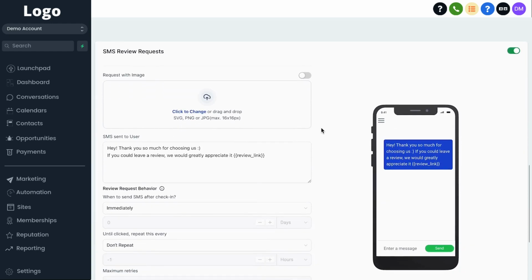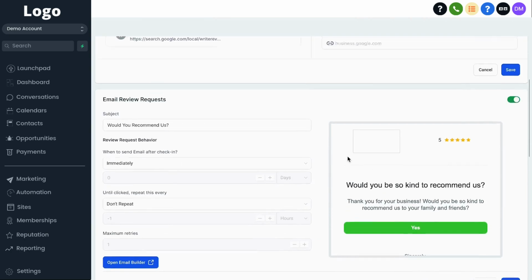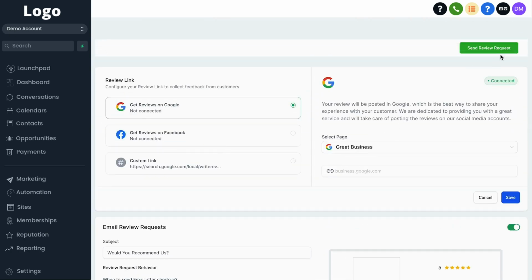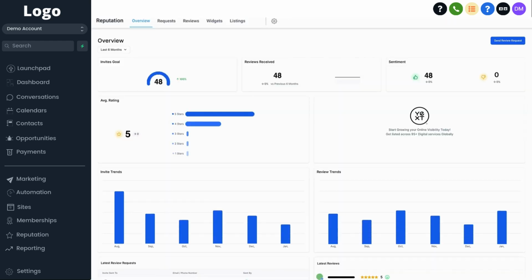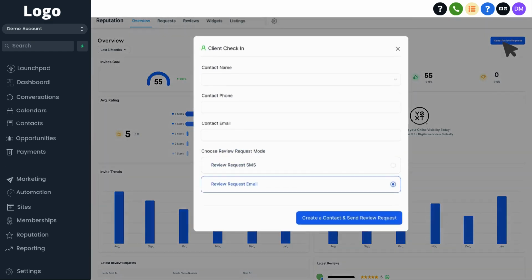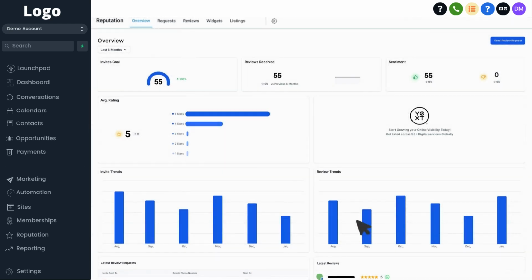You can include a link that opens a Google review pane so that clients can easily leave a review. All they have to do is give a star rating, write a quick review, and click enter. To send a review request, you just have to click the Send Review Request button and enter the client's information. Once you have started receiving reviews, you can view a record of these reviews in the Reputation tab. You are also able to send review requests to specific contacts from this section for a quicker process that generates